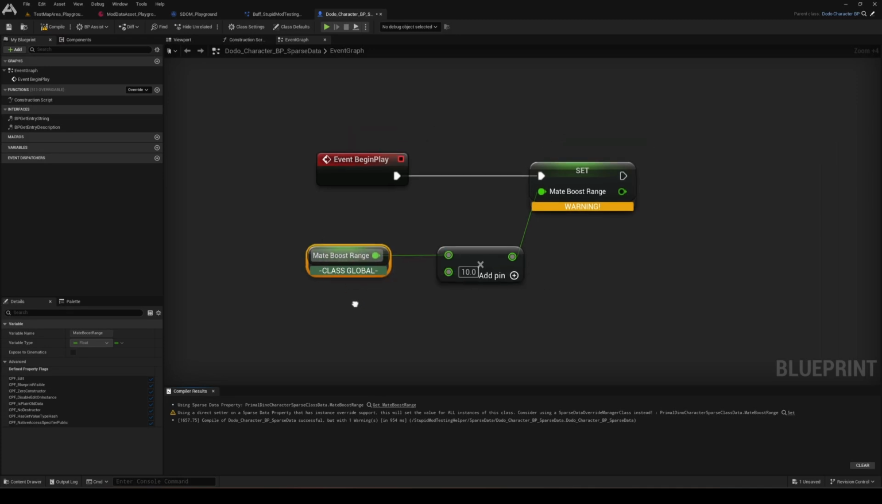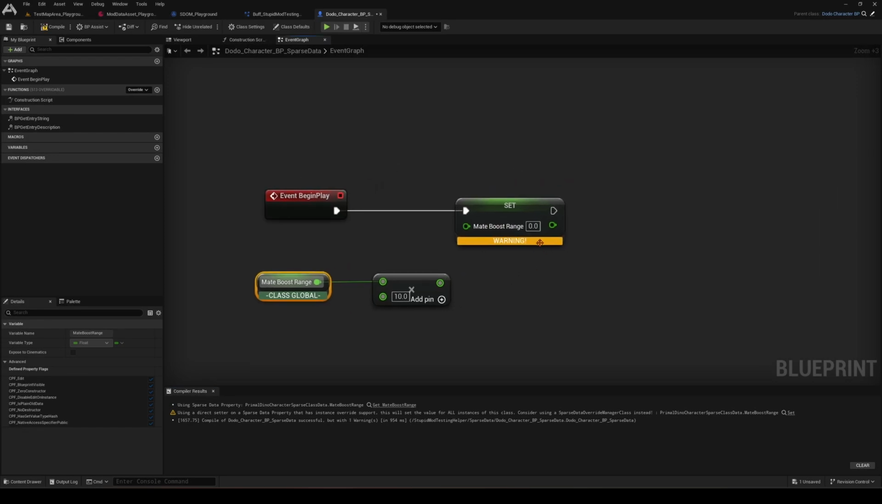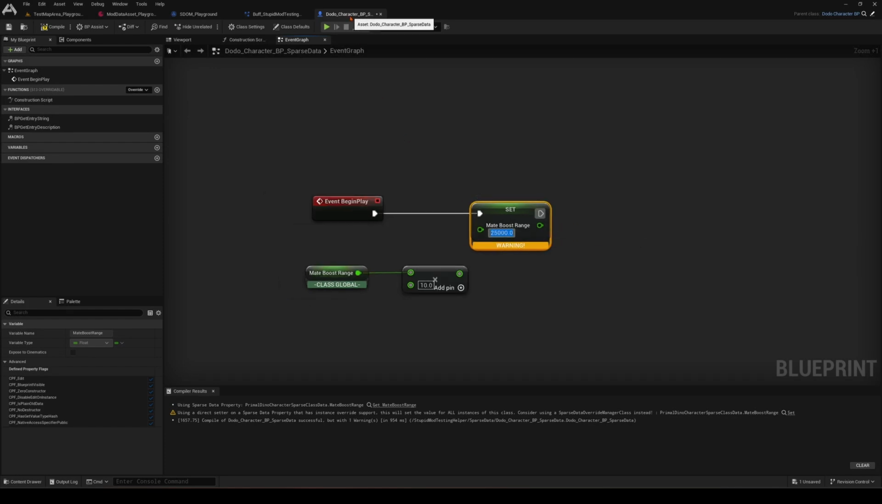with whatever variable value this is. So for example, if you were to just change the mate boost range to something like this, every instance of a dodo character BP sparse data, which is just a child of the dodo, will have this new mate boost range. All of them. Just by running this once. It doesn't even matter where you run this. You could run this on an unrelated actor class. As long as it was pointing towards the dodo character BP sparse data, it would change all of them